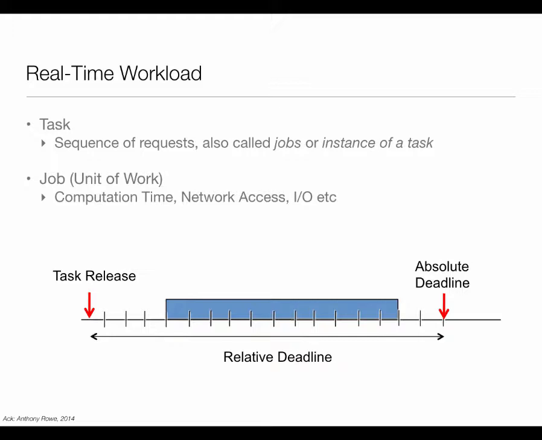It may happen that I can run it immediately, or it may be somewhere later. Here I show that it runs contiguously, but it may not even be contiguous. It may be that part of it runs, then I give the CPU to something else, then the remaining part runs, so it could be fragmented. That's what we call preemption approaches. But the point is that I need to be able to finish the amount of work needed by this job before the deadline comes. So very simply stated. And the main thing is, for us to be successful, I need to be able to make this promise for every job of every task. That's the constraint.